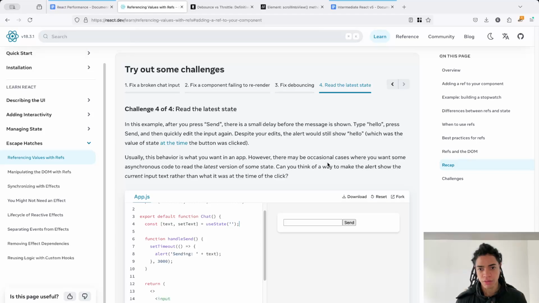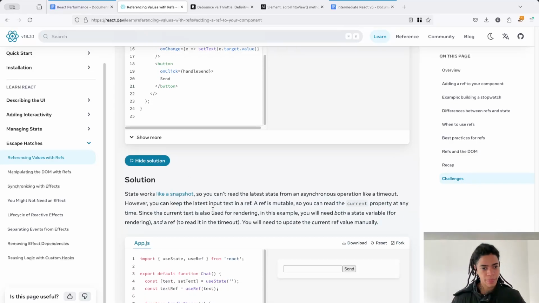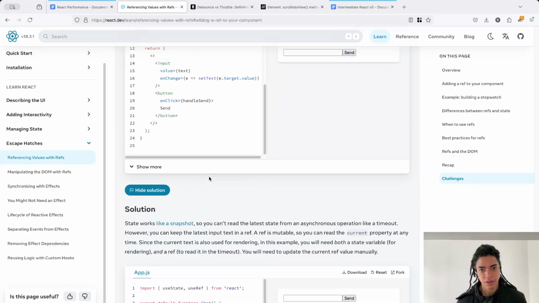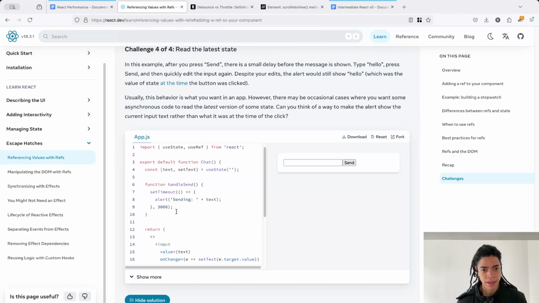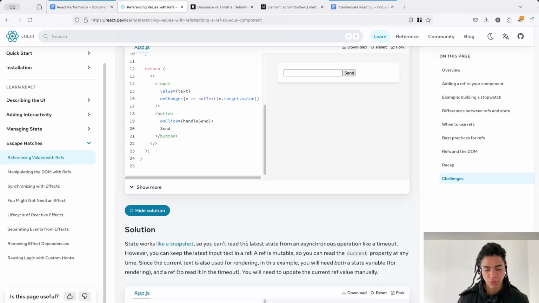You can think of a way to make the alert show the current input rather than what it was at the time of the click. State works like a snapshot, so you can't read the latest state from an async operation